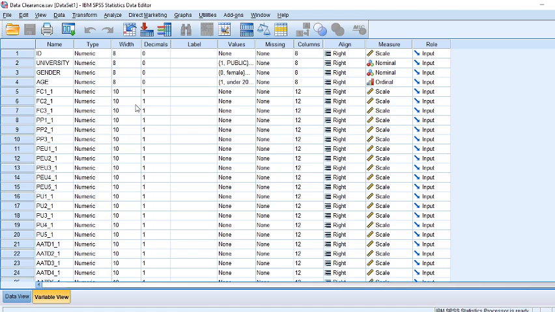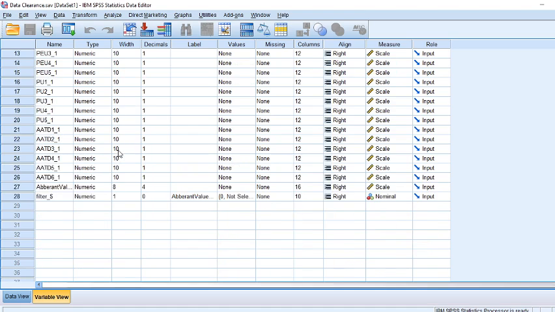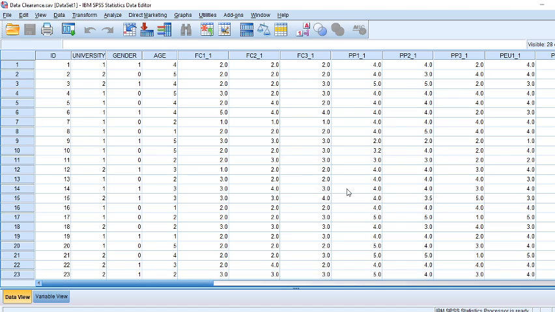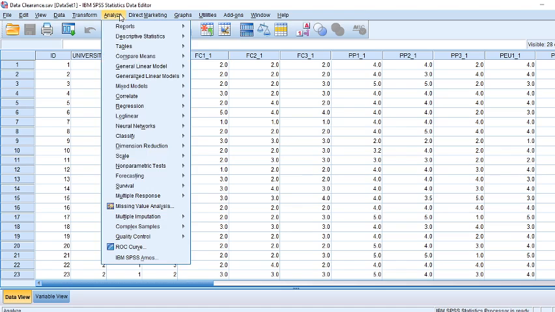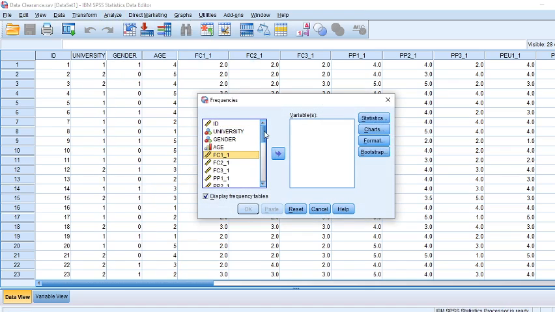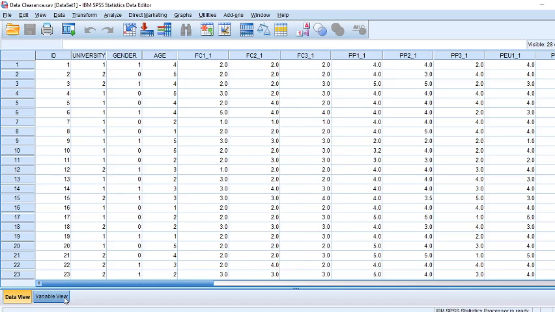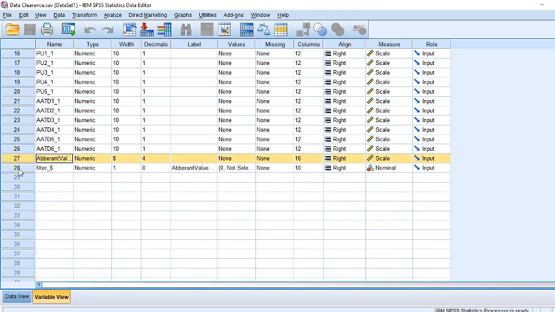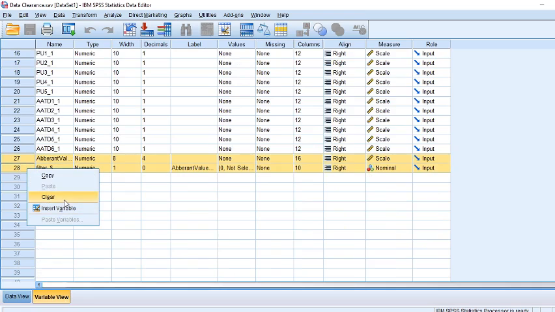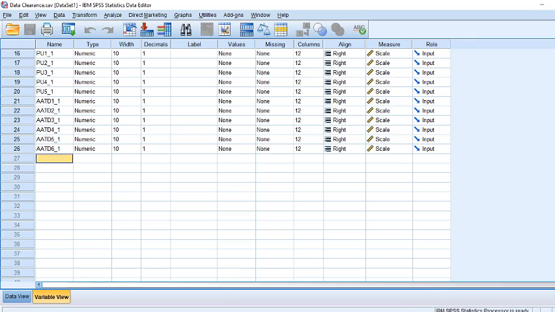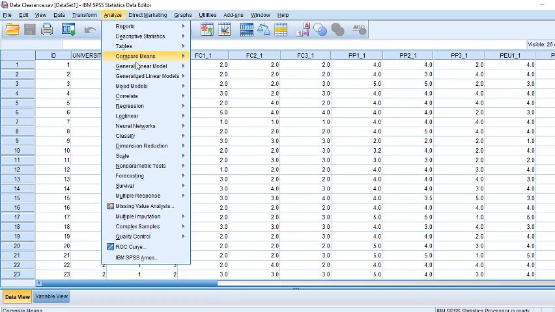Even though I have said there should be no decimals, right now I don't have time to remove all these decimals from this file. For checking aberrant values, you need to go to Descriptive Statistics and then Frequencies. Let us suppose these are your questions or responses. I have already removed aberrant values from this file, so there is less possibility that there will be aberrant values in it. Anyhow, we will create aberrant values.